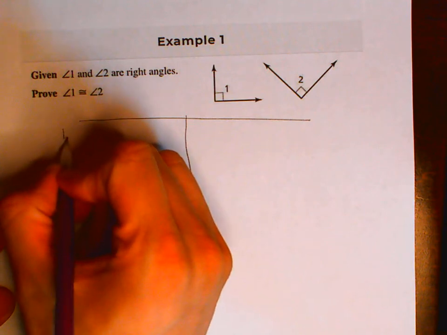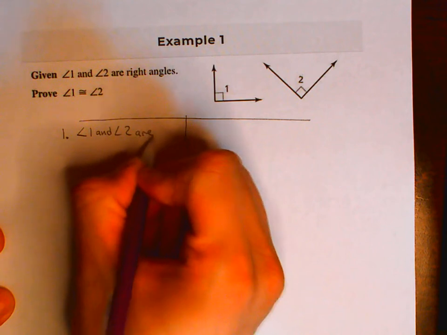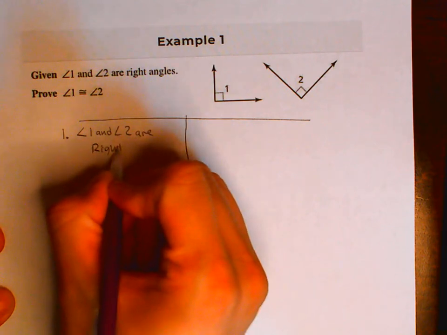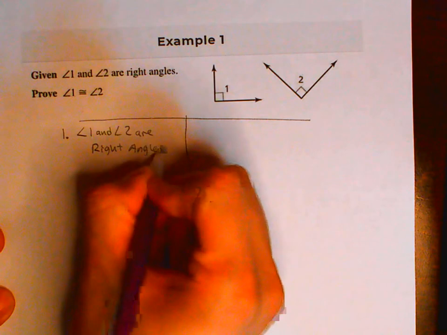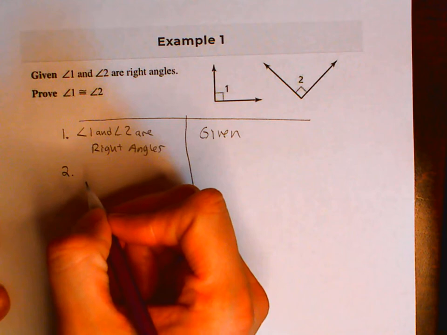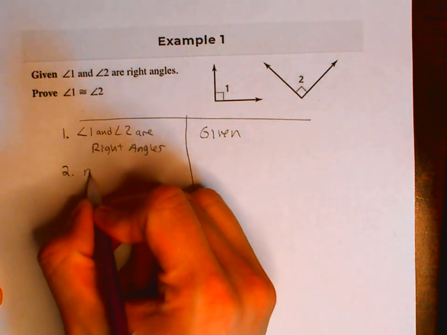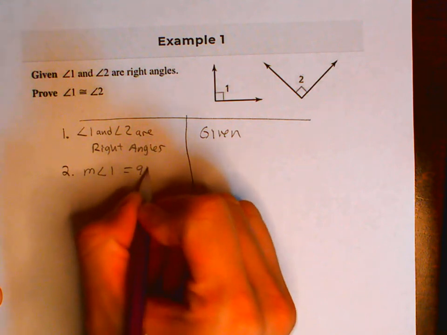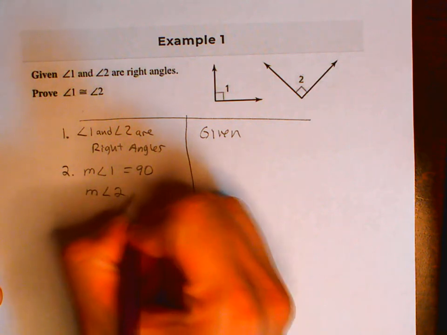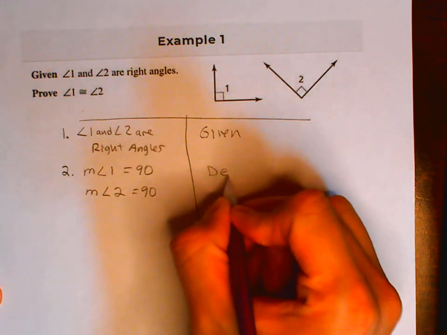First statement: angle 1 and angle 2 are right angles. That's given. Well, what does that mean? What does it mean for two angles to be right angles, or for one angle to be a right angle? Well, it just means that they both have a degree measure of 90 degrees. So the measure of angle 1 is equal to 90, and the measure of angle 2 is also equal to 90. And that's simply by